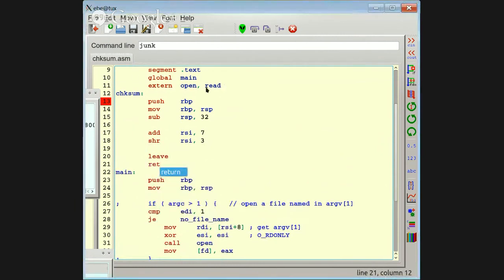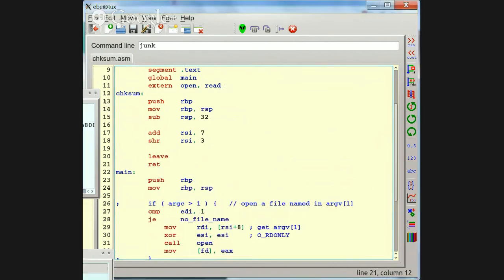Leave, return. All right, so I think it would be handy to get rid of that breakpoint in main, it's gone, so let's start down here and see what we get.